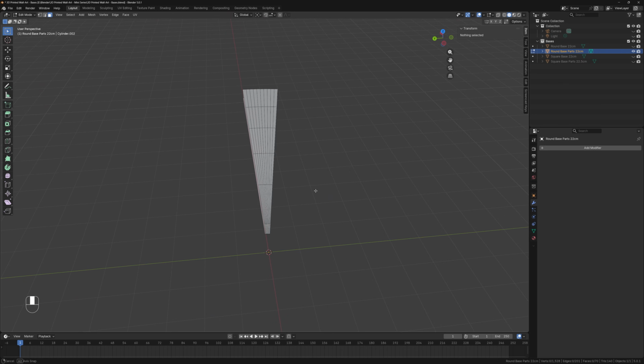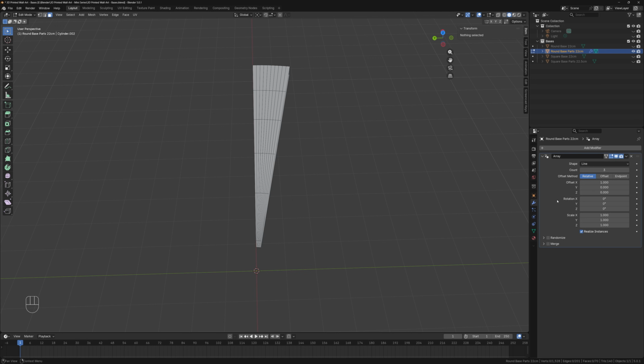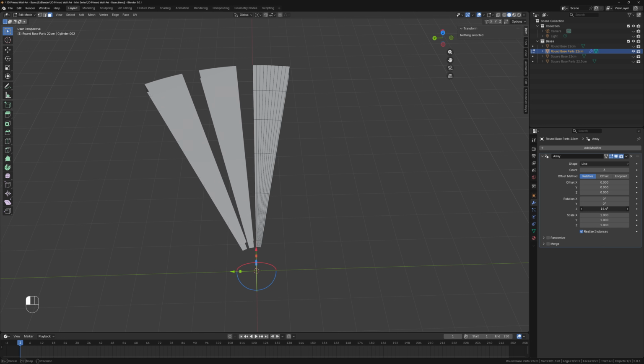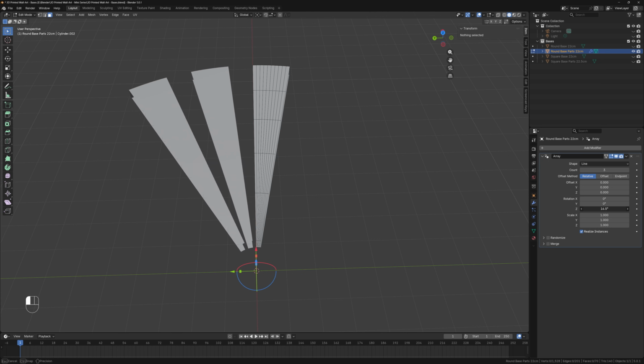Now we're going to do some modifiers. And we're going to add the array modifier again. For the array modifier, there's also rotation options. And we basically want to spin this around. This will be 0. The offset on the X is 0, and we will use the Z axis. And as you can see, we get our 3 copies